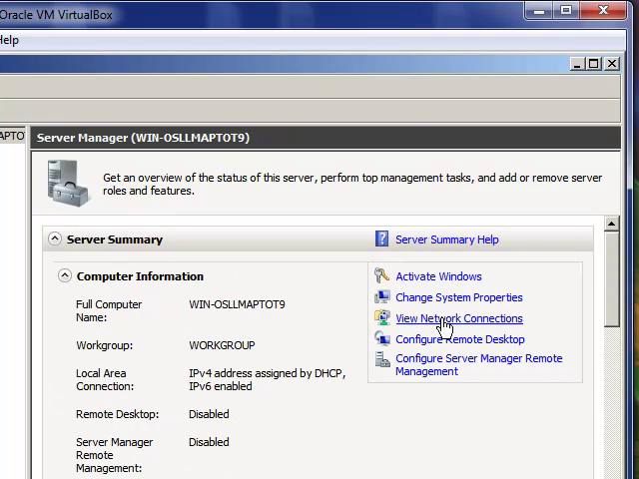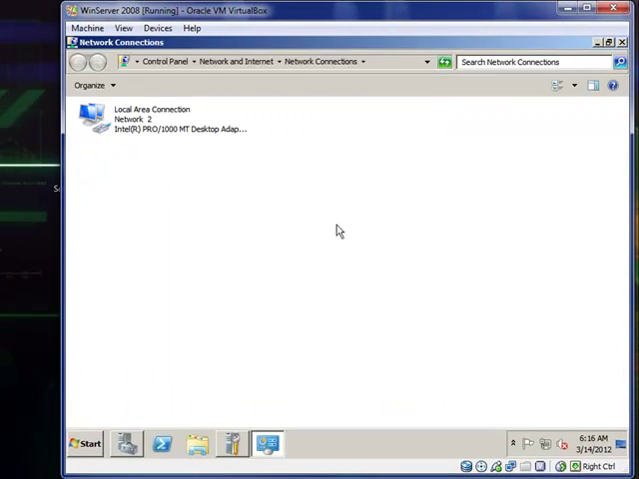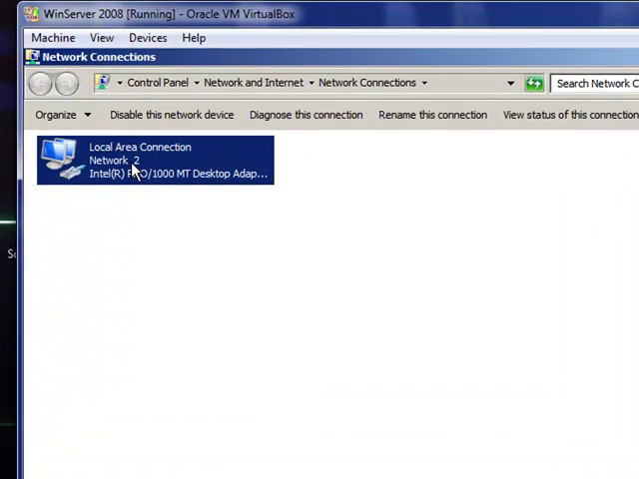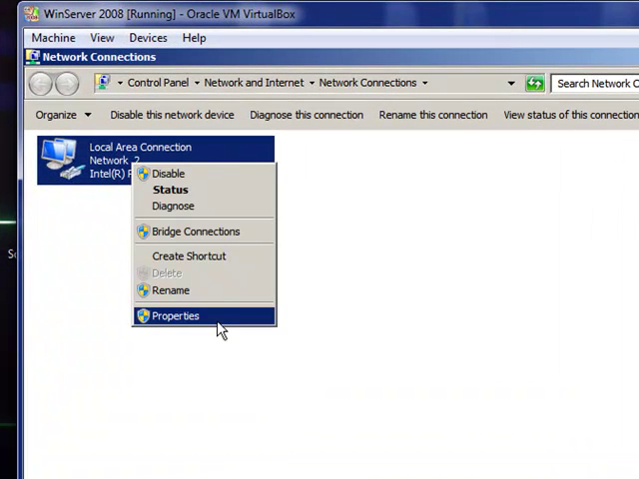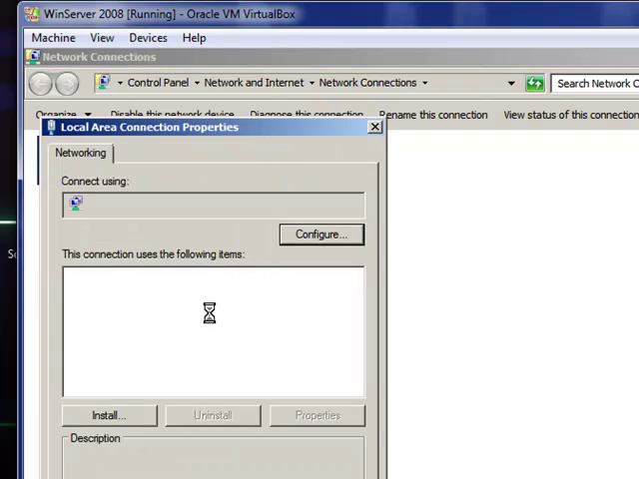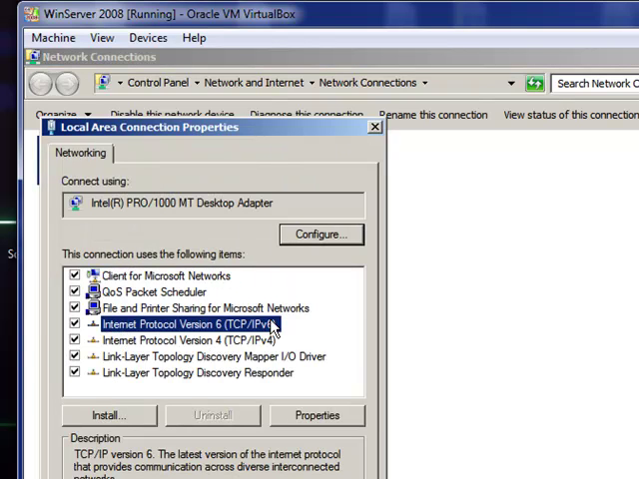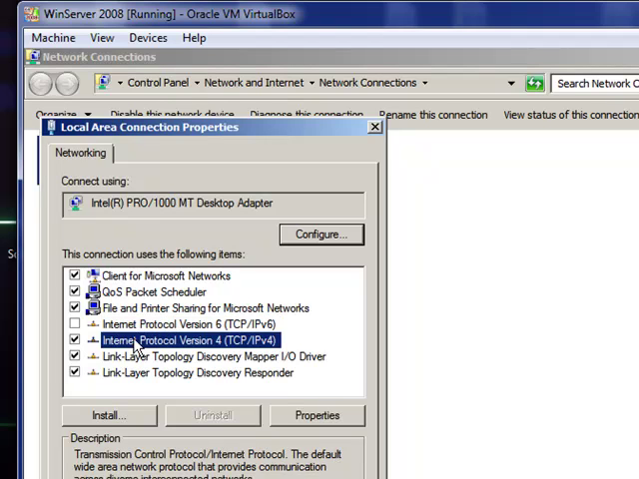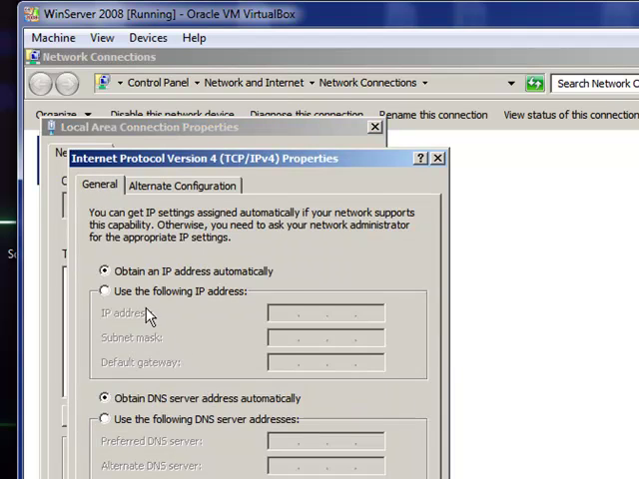If you look here at the top, go to View Network Connections, right click on the network card interface, then go to Properties. Since I'm not using IPv6, I'm just going to go ahead and uncheck it so it doesn't configure itself and interfere with what I'm doing. So I'm going to highlight the IPv4, go to Properties,